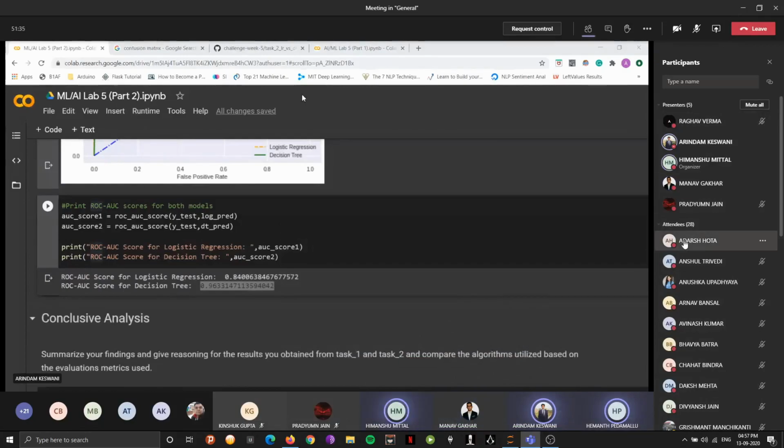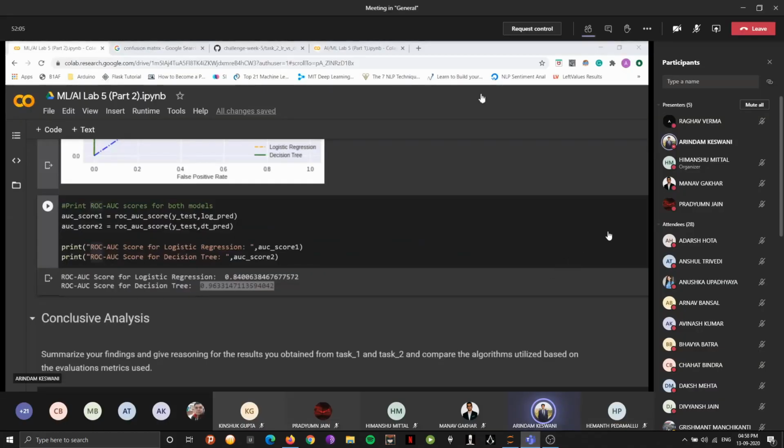Okay, Hemant, yes. To answer your question, we'll get to the first lab as well. Himanshu will be taking that up. To get a better accuracy, obviously it's much better to play with the hyperparameters, as you might have done in the first lab. There was a section in which you had to print different parameters and different outputs according to them. So yes, of course, you can play with this lab as well. The purpose of this lab was to just compare logistic regression and decision tree models.